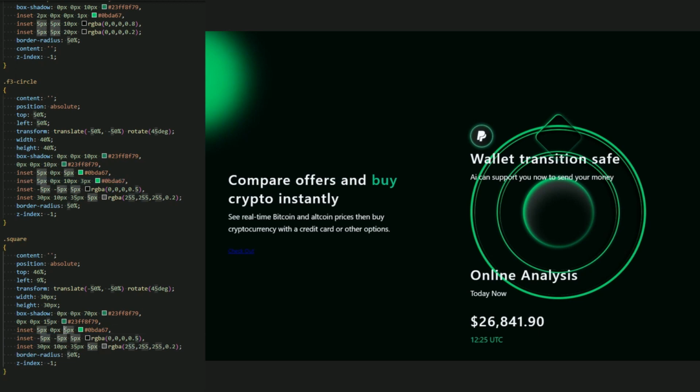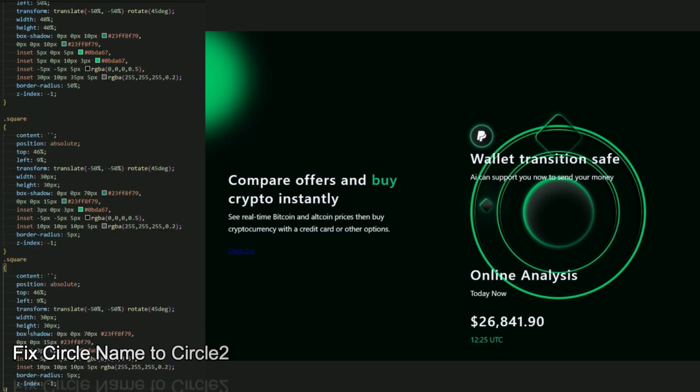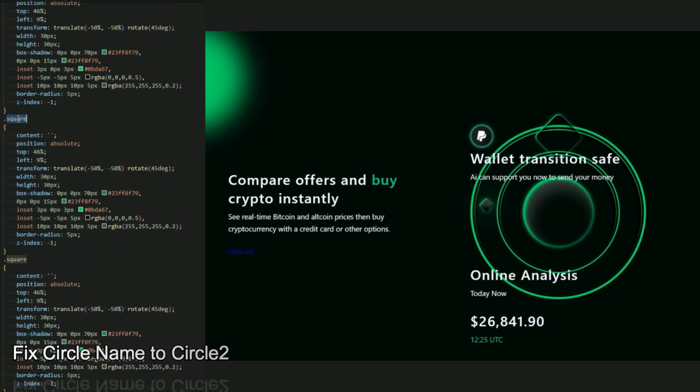Okay, this be a 3. And let this be 10 pixel instead of 35 pixel, 10 pixel. There we go. Yep, everything is good, I think. Oh, the border radius, let it be 5 pixel because our square is a little small, so 5 pixel is enough for this. And I think this is good. Just copy and paste it for the circle. The first one is a circle, and the second one is a circle too.